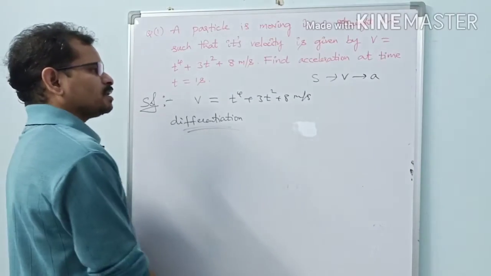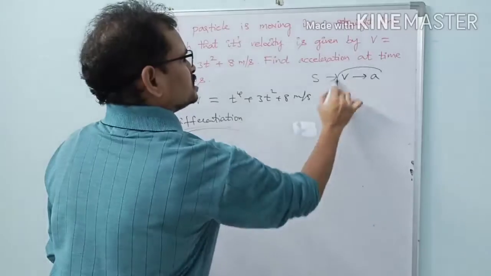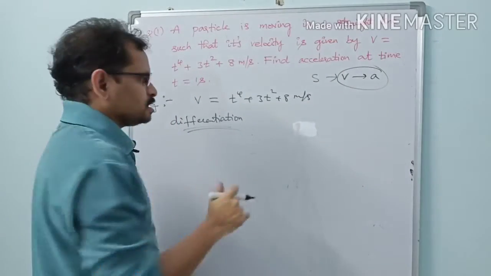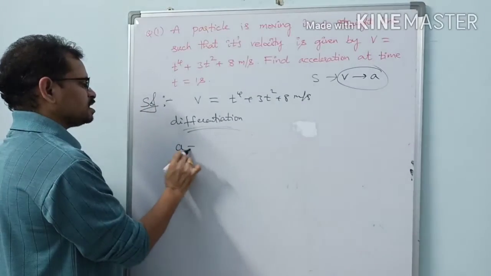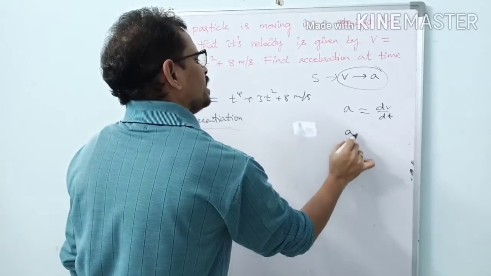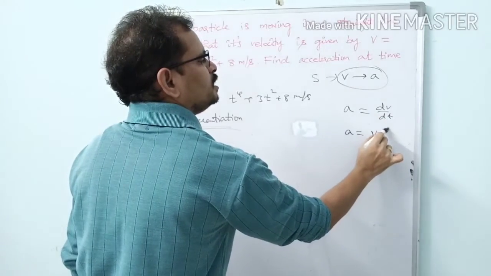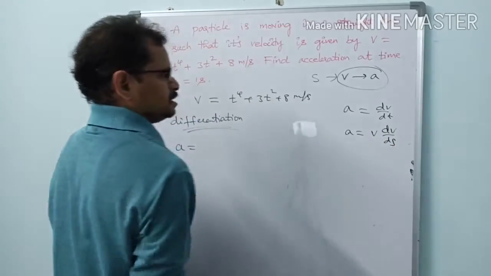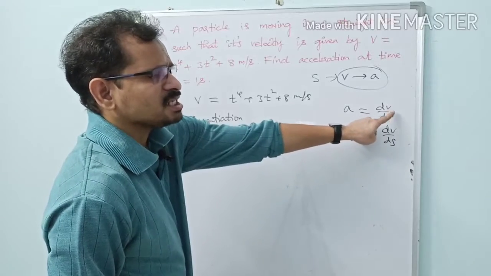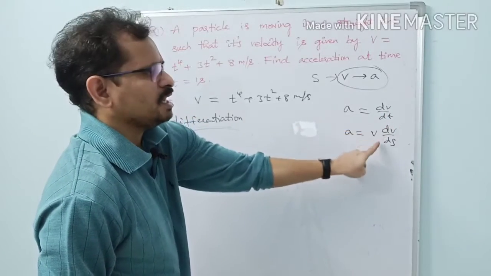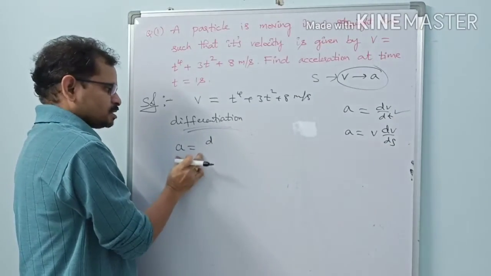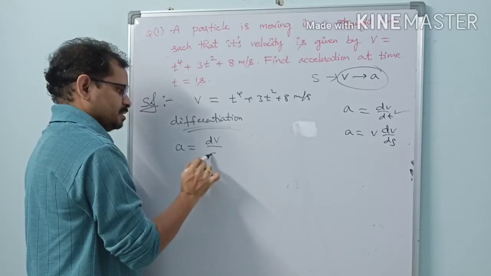It is clear, right? Now what are the expressions we are having? Velocity is given to us and acceleration is asked to find. Then we have to go for the relation between velocity and acceleration. What is the relation here? We know acceleration a equal to dv by dt is one expression, and acceleration a equal to v into dv by ds is another expression. So which one do you have to use now? As I told you before, when velocity is a function of time, we have to go for the first expression, and when velocity is a function of displacement, we go for the other. So ours is the first case, no? So let us go for a equal to dv by dt.